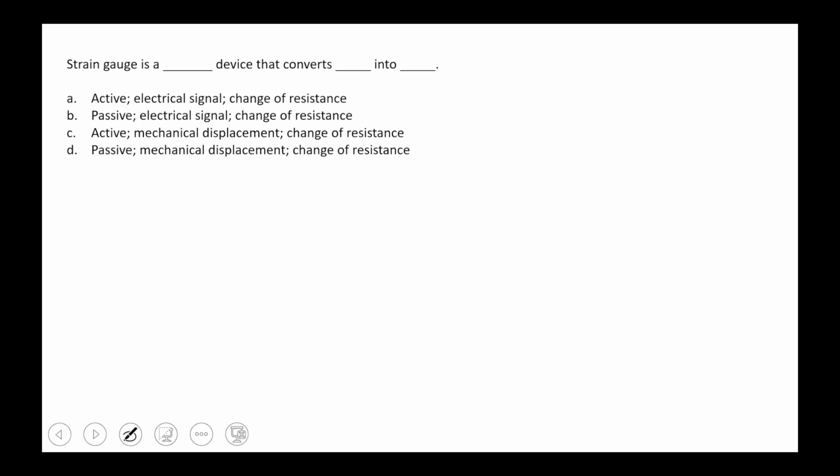It is a passive device that converts mechanical displacement and leads to change of resistance. Yes. So, a strain gauge is a passive device because, what is the meaning of passive and active? Active means